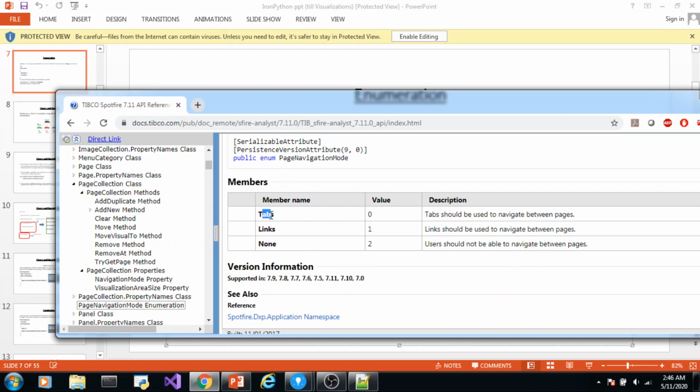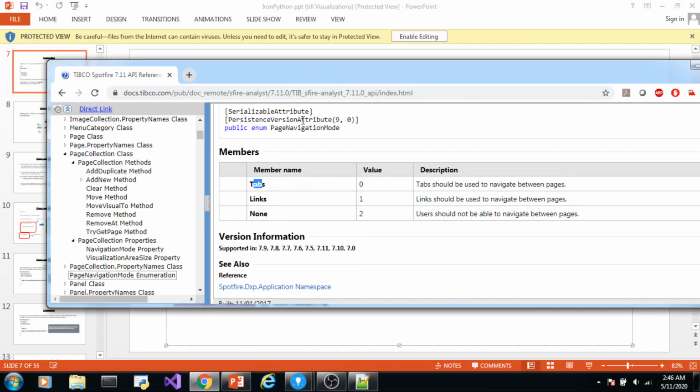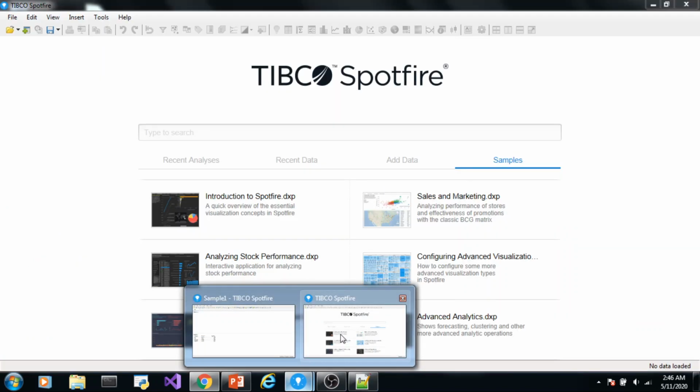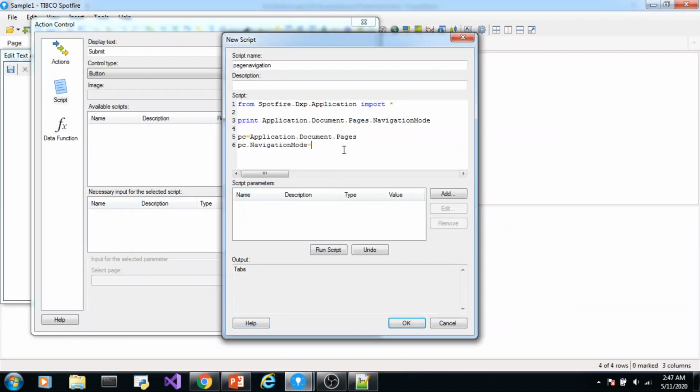So to access this value, we will write page navigation mode dot tabs. To access links, we will write page navigation mode dot links, like this. Page navigation mode dot links.